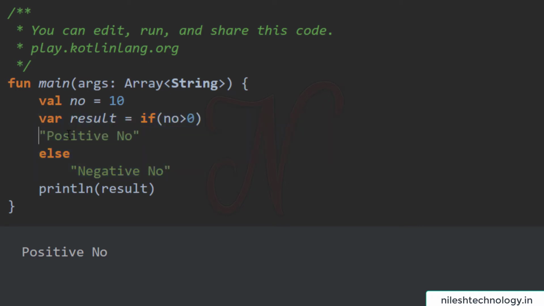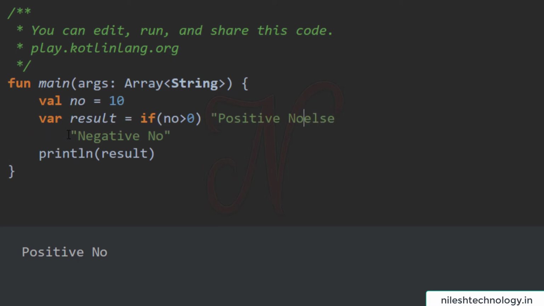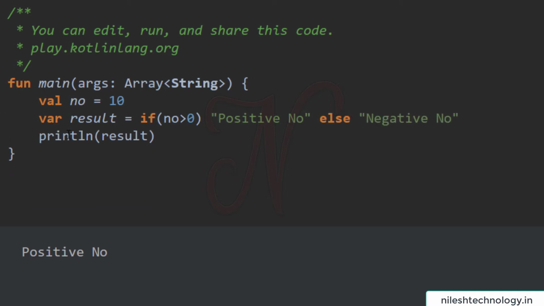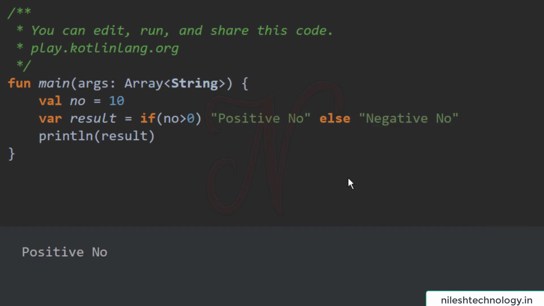See here, this is positive number, else is assigned to this line, and again this is message negative number. After running this code, this is your output, positive number. This is very similar to the ternary operator in C++ and Java, but there is no ternary operator in the Kotlin language.